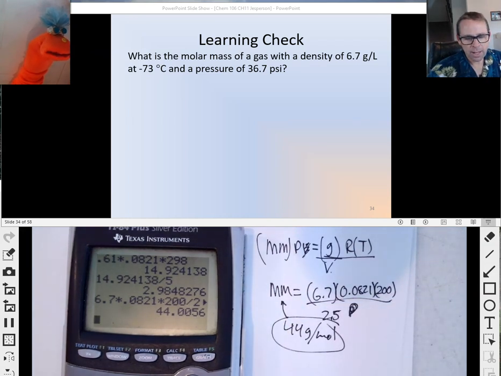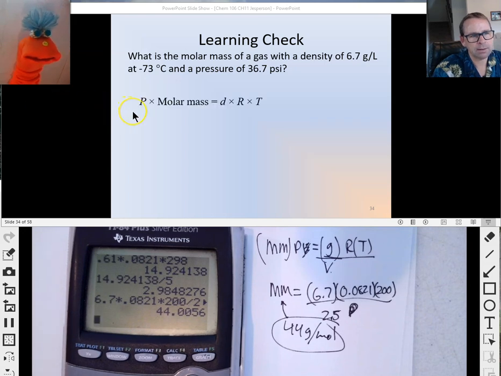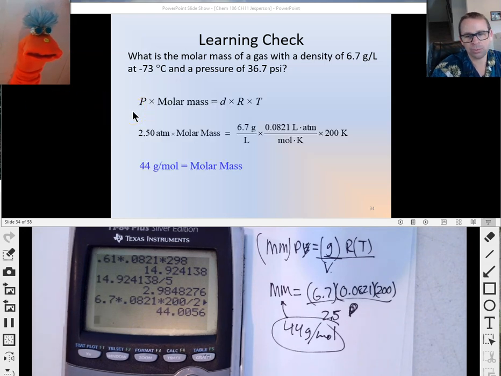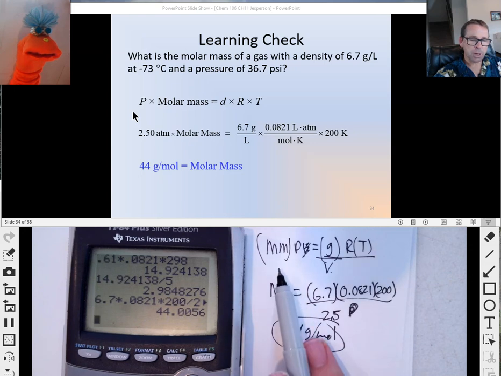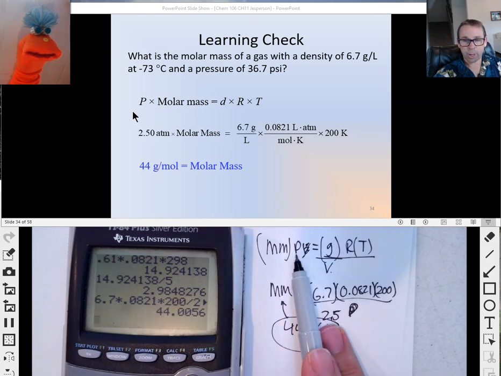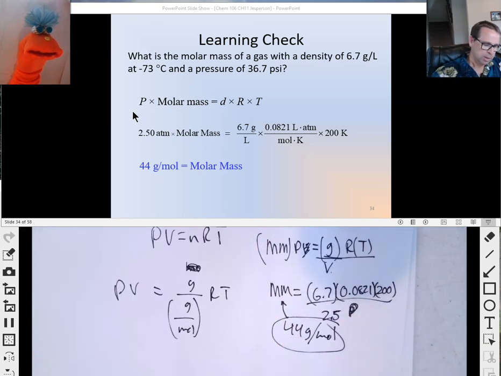So this is a way to identify the actual molar mass of a compound, which we really haven't had an explanation of how this would be done in the past, right? But we see that we have the ability, and we're not going to probably do this much in any of our questions, but it is an interesting expression to see that if you know the pressure of,